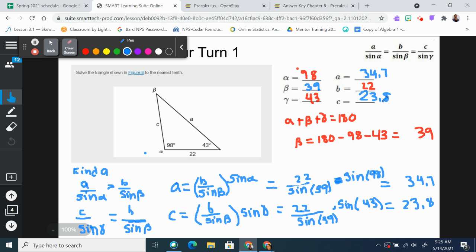So the more you do this, you're going to see that it's not too bad. It's kind of like a Sudoku. Like I said, we're just trying to find the missing numbers as we go. I use any geometric facts that I happen to know. I can't always use this. Like if I only have one angle, that may not be possible. But we can use this law of sines to find sides of a triangle and our angles, but we do need at least three